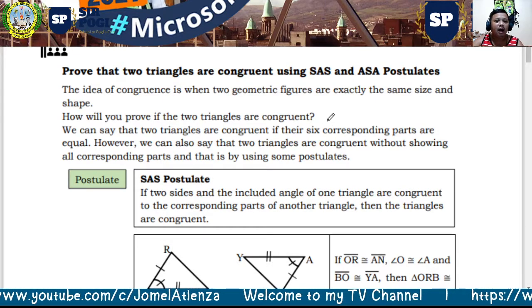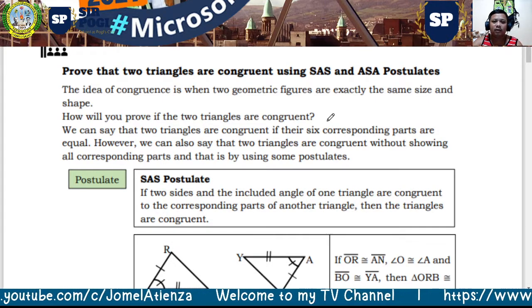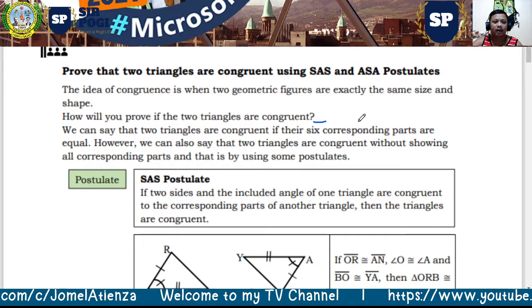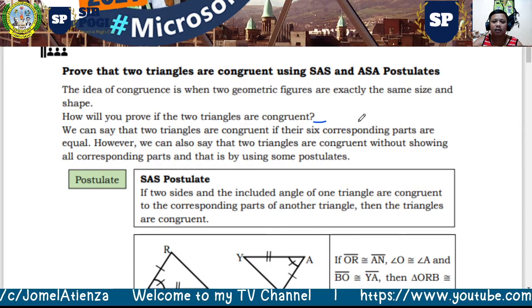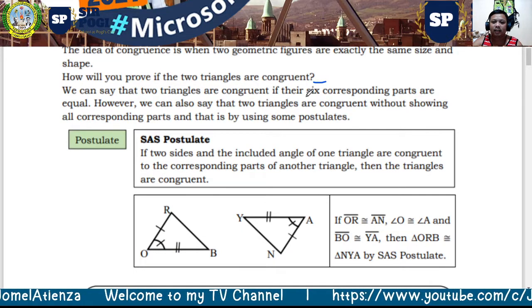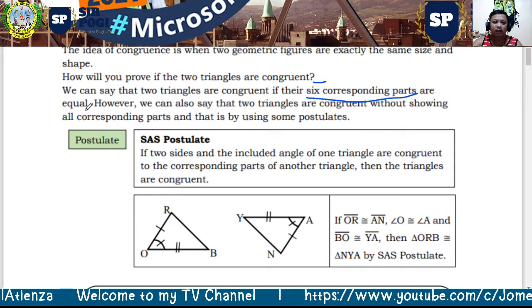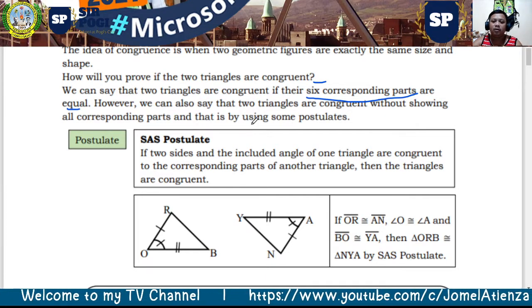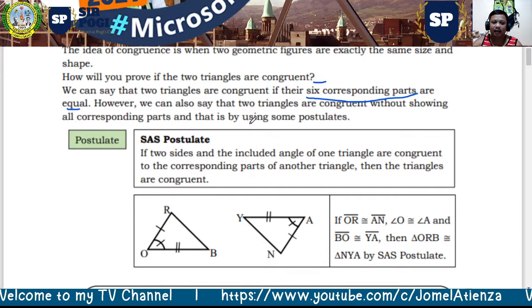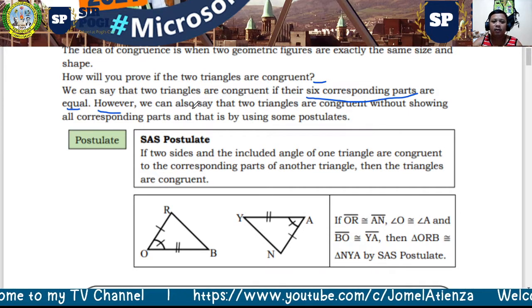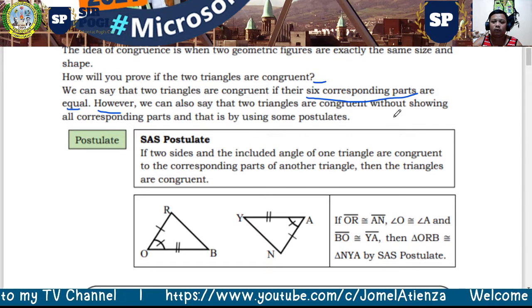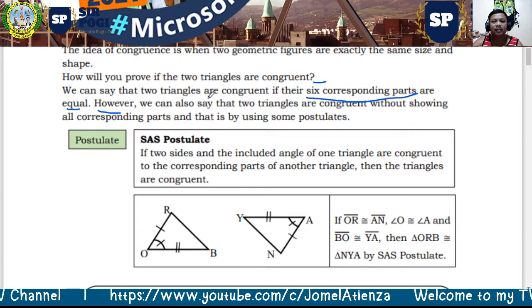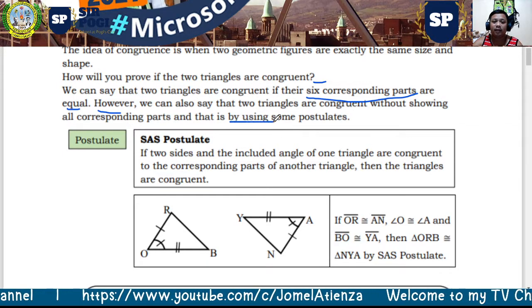Okay. How will you prove if two triangles are congruent? Paano nga ba natin masasabi na ang two triangles are congruent? So we can say that two triangles are congruent if their 6 corresponding parts are equal. Ano nga ba yung 6 corresponding parts? Ito yung sides and angles. However, we can also say that two triangles are congruent without showing all corresponding parts, and that is by using some postulates. Kagaya ng